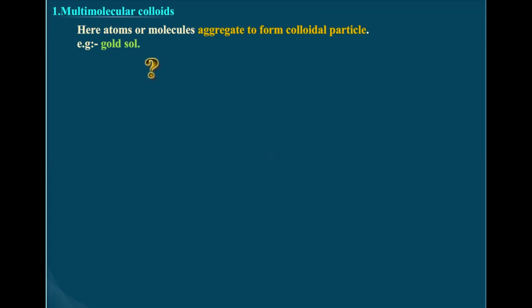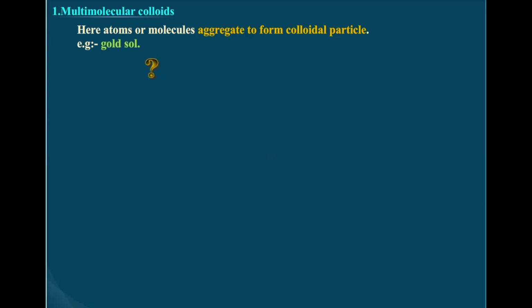That is, before the dissolution, the particles are very small. But after dissolution, the smaller atoms or molecules will come together, they will aggregate together to form a colloidal particle. And that is how this type of colloids are formed. The species thus formed are called multi-molecular colloids. For example, a gold sol may contain particles of various sizes having many atoms. Sulfur sol consists of particles containing 1,000 or more of S8 sulfur molecules. So after dissolution, these small atoms or molecules come together to the colloidal range.